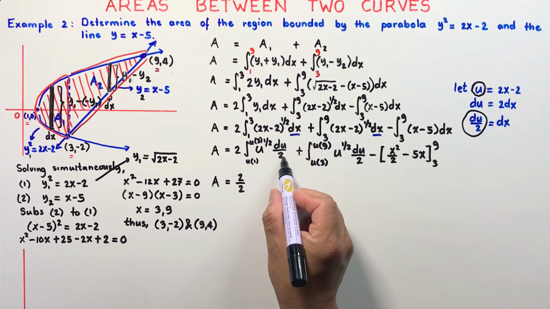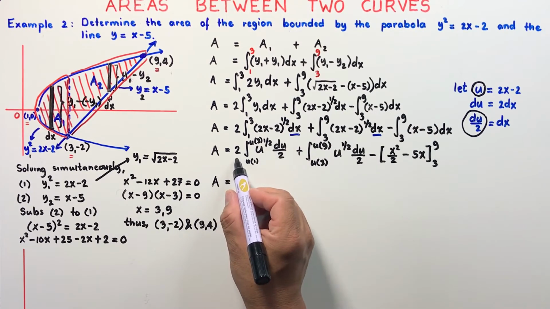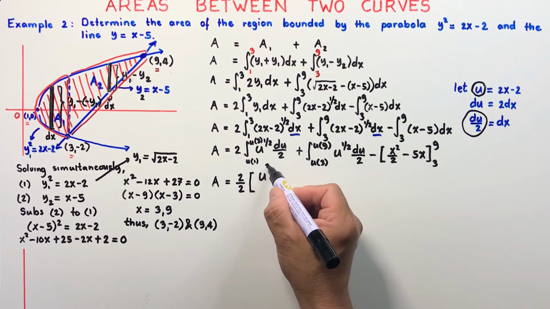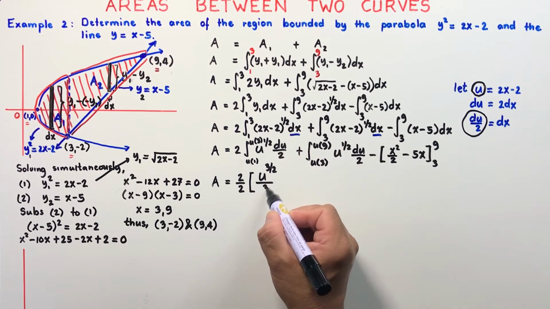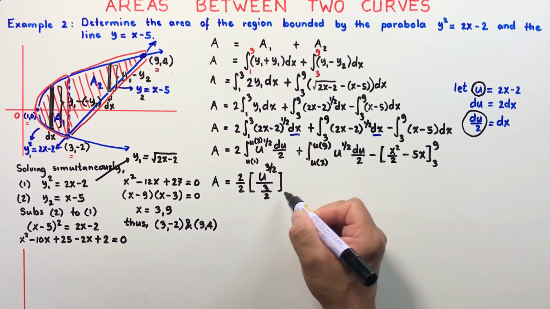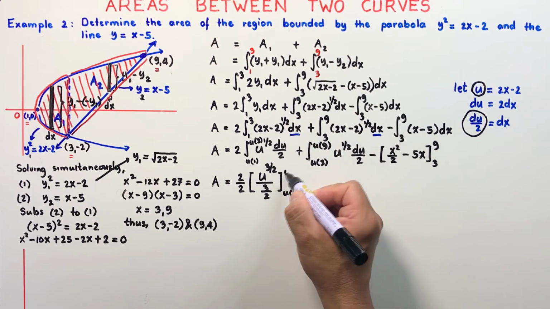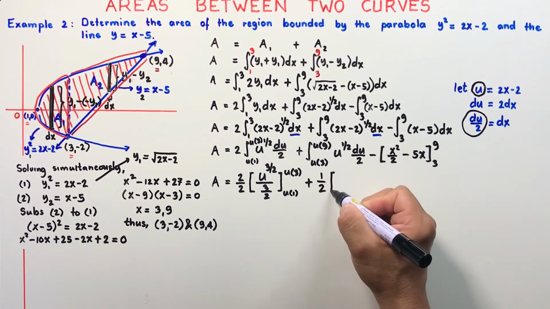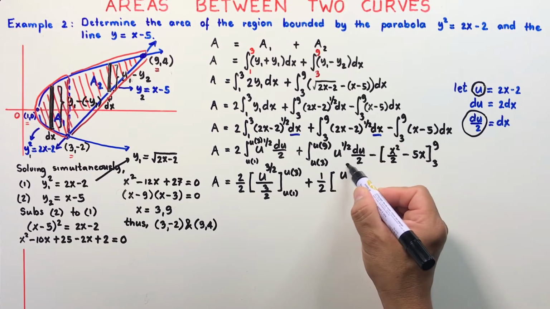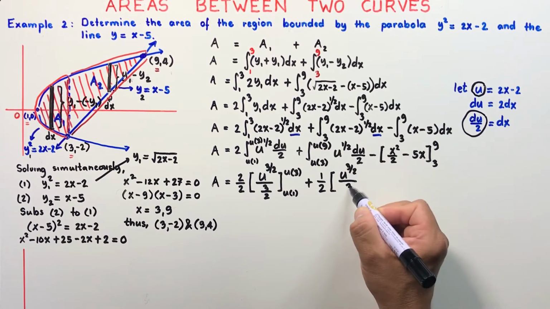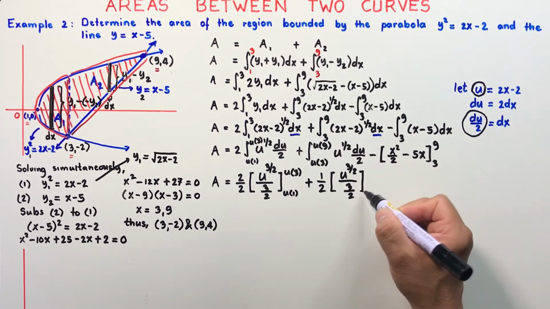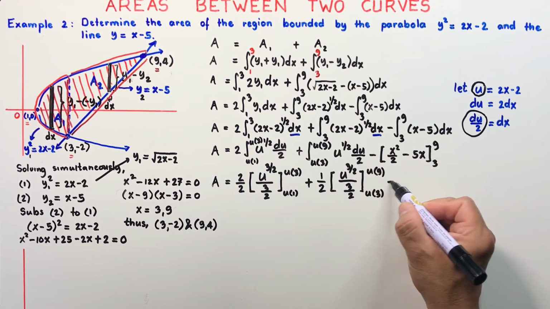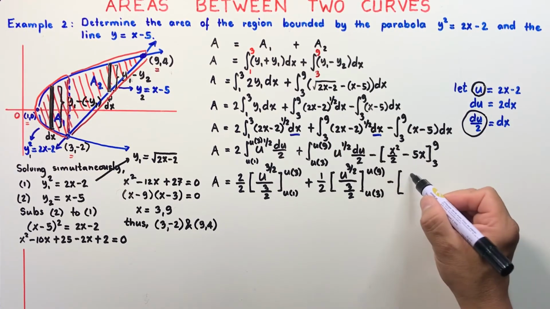When you factor out this denominator outside this integral symbol, we have the integral of u to the power 1/2. So we have u to the power 3/2 over 3/2, and this will be evaluated from u of 1 to u of 3, added to 1/2 times the integral of u to the power 1/2, which is u to the power 3/2 over 3/2. And this will be evaluated from u of 3 to u of 9, minus this one, which is 9